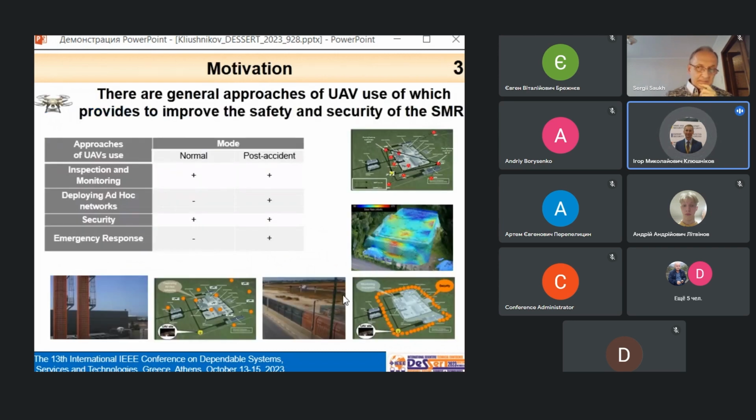Nowadays, the use of SMR is considered the main direction for increasing power generation capacities, replacing outdated capacities, and generating electricity in hard-to-reach regions. SMRs are recognized as objects of increased danger, and high safety and security requirements are imposed on them. Unmanned aerial vehicles are recognized as a flexible tool, the use of which helps to improve the